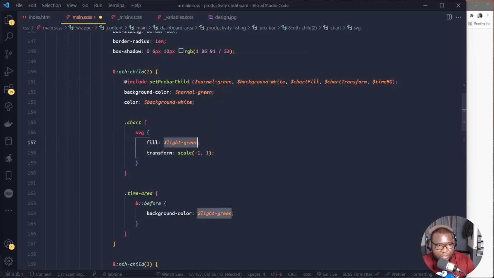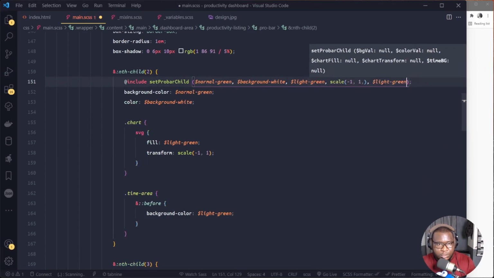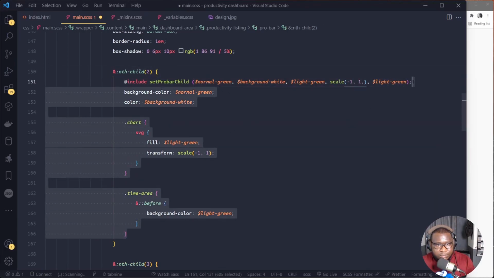The fill color, or chart fill color, we'll paste here. Why the scale? We do for the chart transform in light green. That's what I'll do. All right. So now if we delete all these plenty things right there,